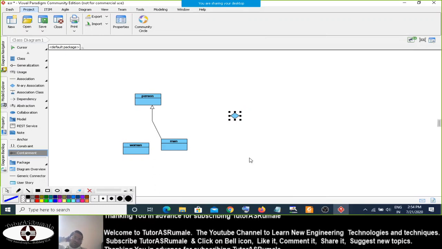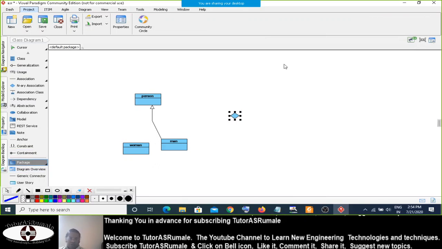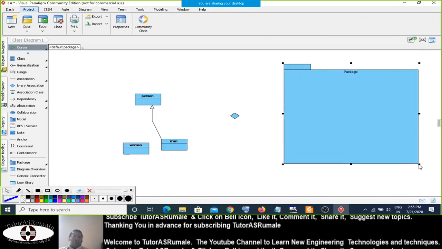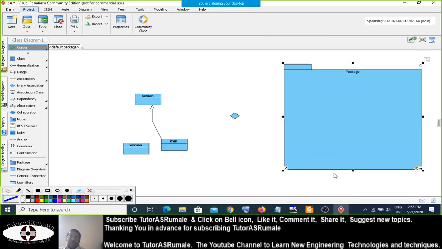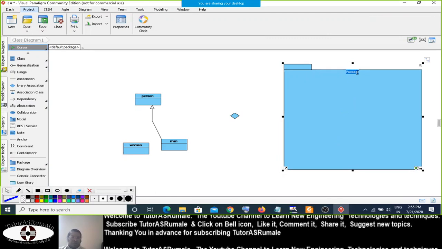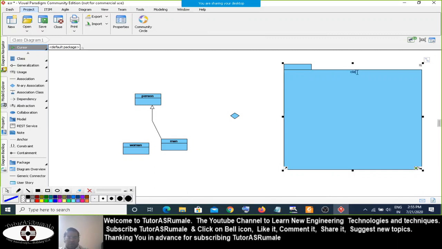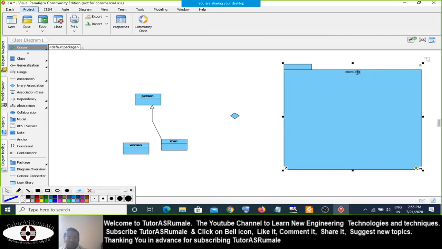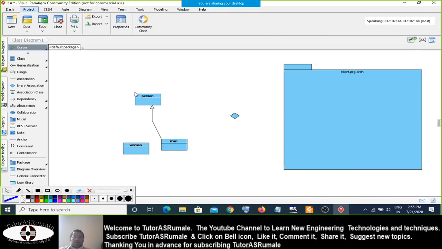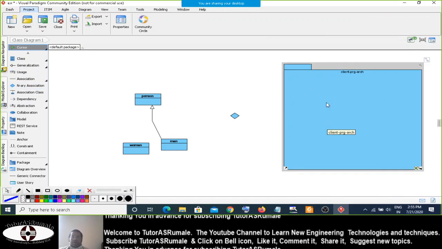If we consider all these diagramming things, and likewise package, when you create all this, you simply have to create one larger package and put all these diagrams in the package itself. So you can call this package the class diagram, or the structure, the client program architecture. Client program architecture is your class, and you can have all these diagrams put inside this package.